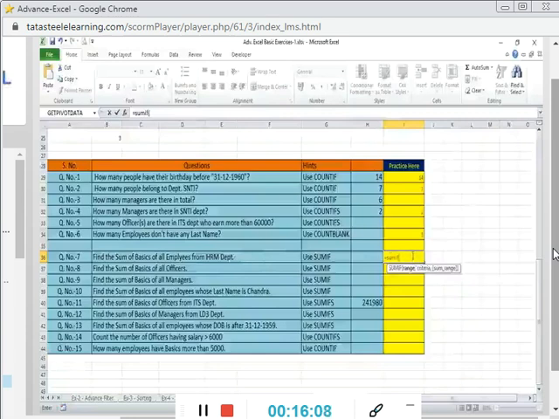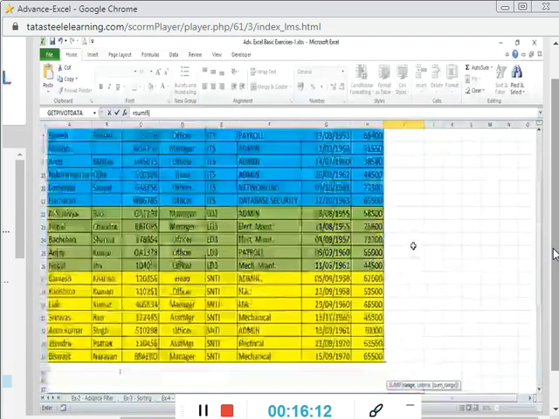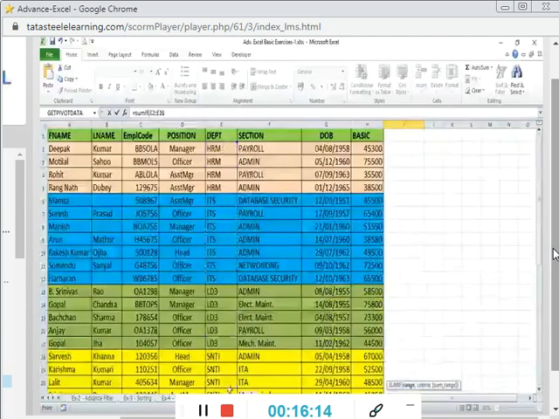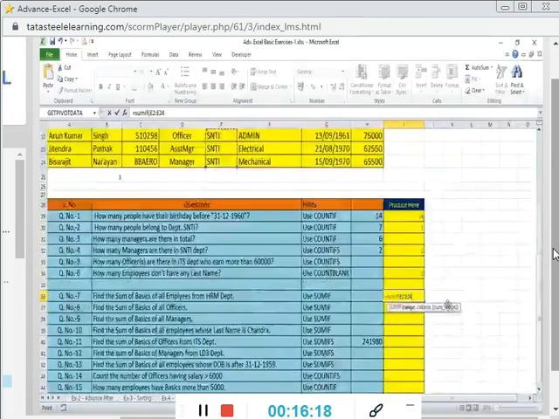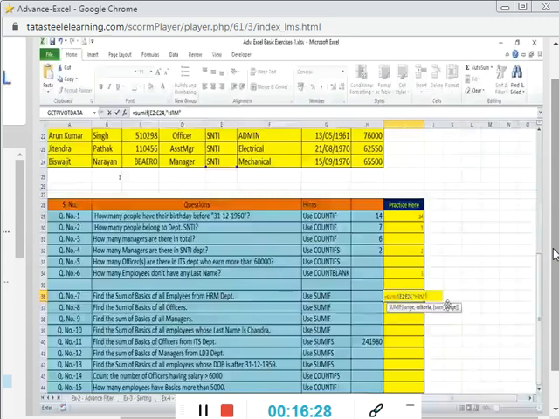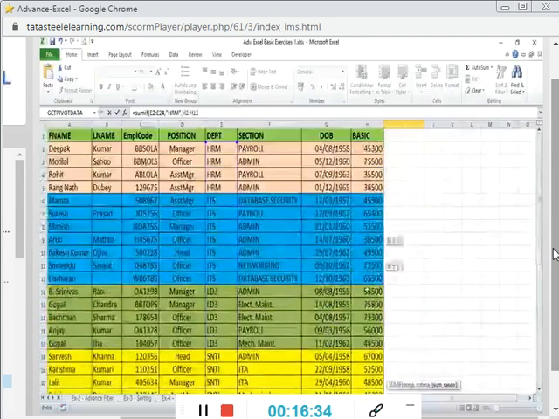Alright. So let's go and select the department range. Here is the department range. Put a comma, and then within the double quotes write HRM, and put a comma, and then select the basic range.